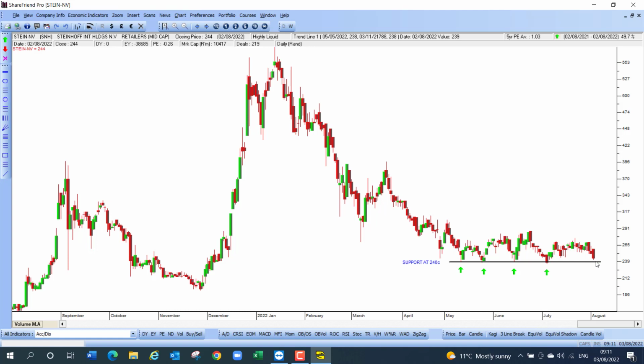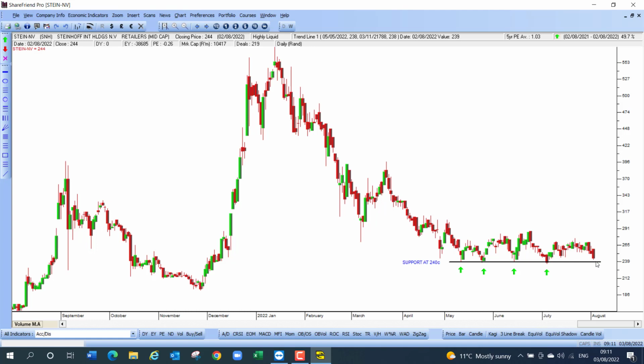Steinhoff owns about half of Pepkor, and they produced results for the 6 months to the 31st of March 2022. Headline earnings per share rose by 28.3%. In the 6 months, they opened 144 new stores, so they now have a store base of 5,708. They were impacted by the floods and the civil unrest, and obviously also by COVID, but the company is doing very well. So we believe that Steinhoff might be cheap at these levels.